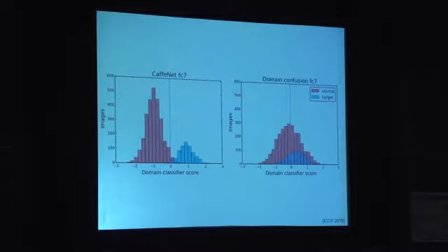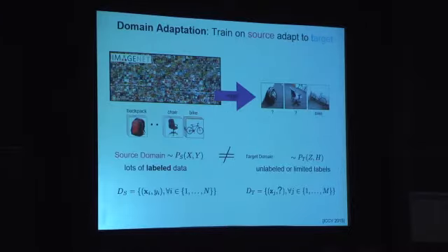And we can visualize the network actually learning representations that can't tell the difference between domains. The second twist here is if you have a few labels, how can you make the most use of them? Well, you can obviously fine-tune, but you can do something slightly better than that, which essentially